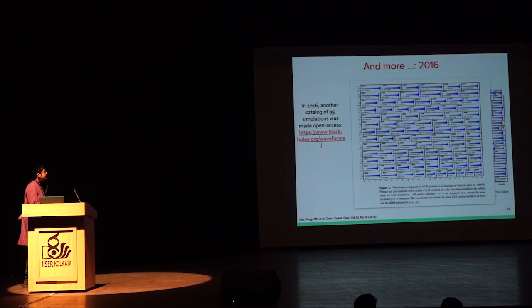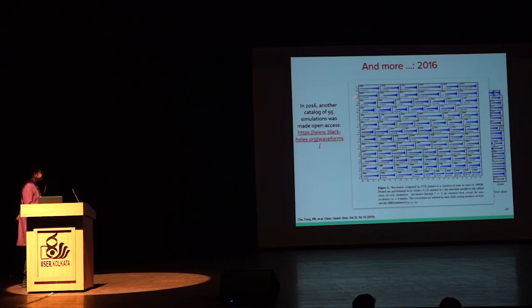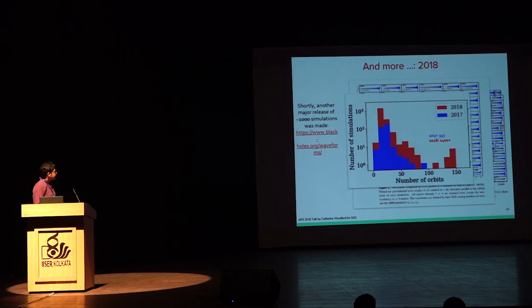Okay, so about a year later, we published another set of 95 high mass ratio binary black hole simulations, where all the black holes involved here had moderate to high spin angular momentum on them. And not so long after, a massive campaign was undertaken to perform a large